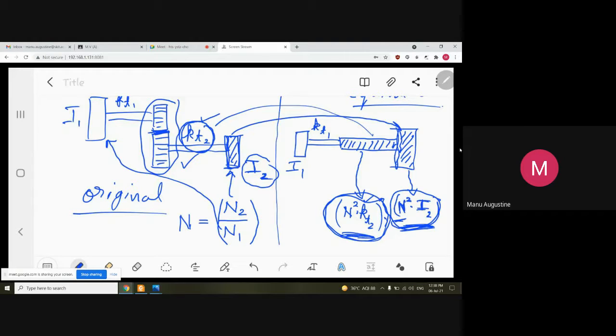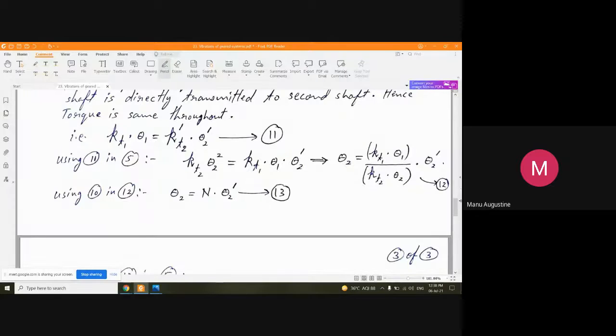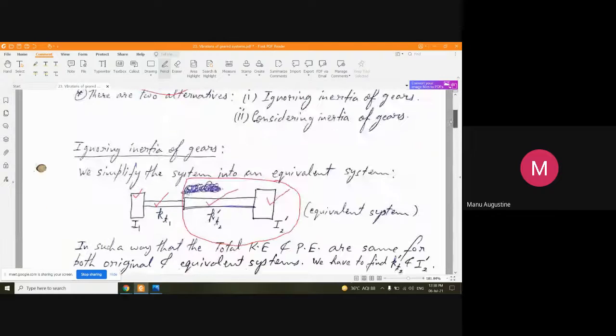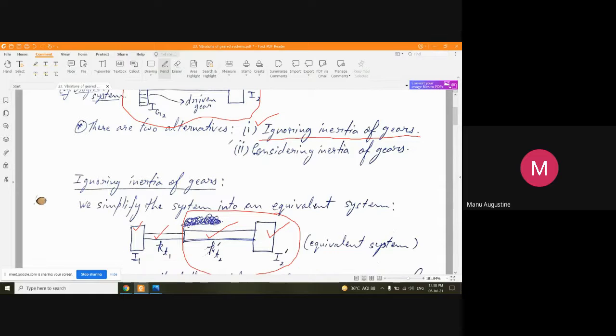So this was the concept of the first technique that we are using, in which we want to eliminate, or rather we are saying that we are ignoring the inertia of the gears. All the analysis that we have learned till now was analysis number one, where the assumption is that you are ignoring the inertia of gears. Now the second one,